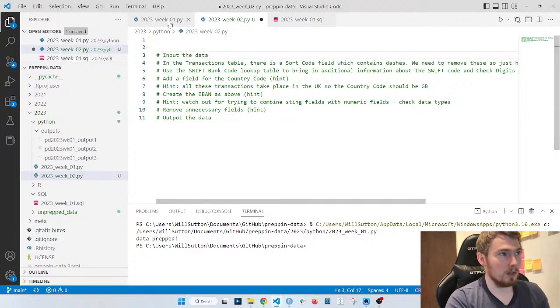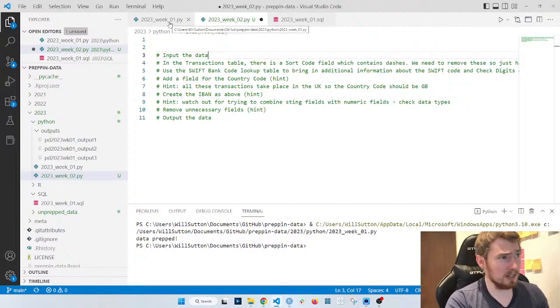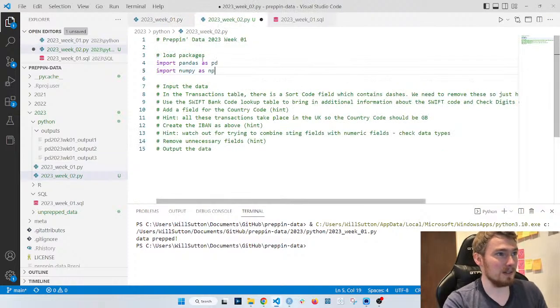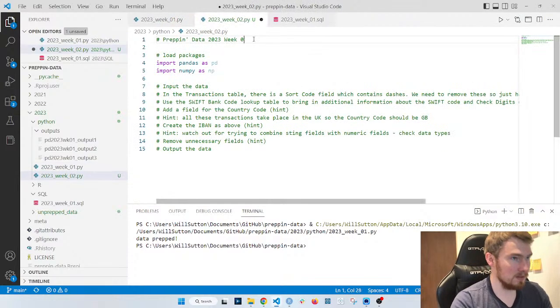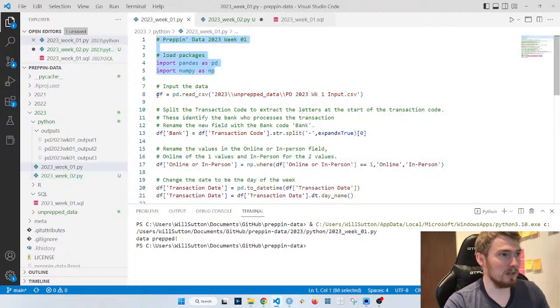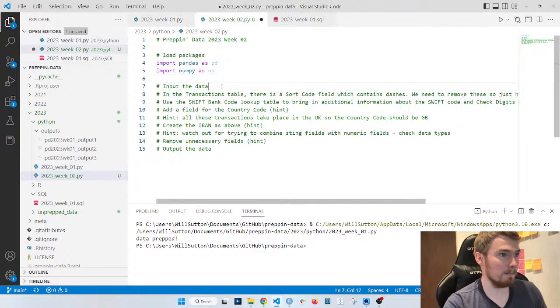Okay, so I know as always if I'm dealing with Python, I'm probably going to need these two packages all the time, pandas and numpy. Sort of by standard, I always include these. So if I change that to week 2, I load my packages, pandas and numpy, and I'm going to import the data. As we have from last week, this is going to be reading from. So if we take this code from last time, have a look.